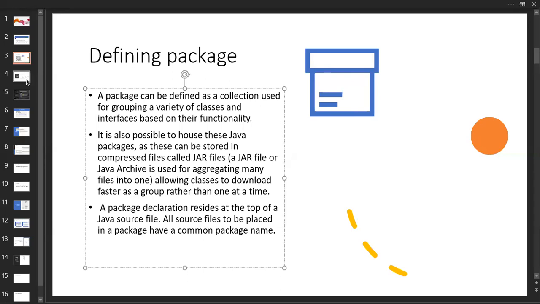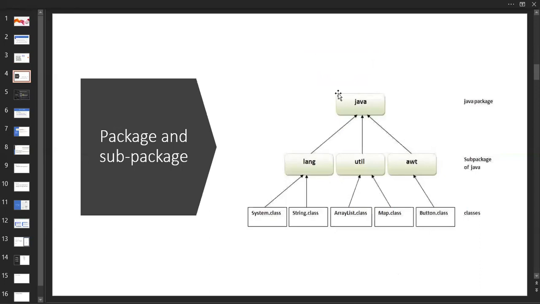Let me go for one. How will it be? Inside a Java folder, there is lang, util, and AWT. So this is the lang, this is the util package, and this is the AWT. It consists of buttons, graphics and all. You will have graphics in the third unit, so make sure you practice there. Every graphic sense, like creating buttons, applications like text boxes, and how to send messages, is available inside AWT.